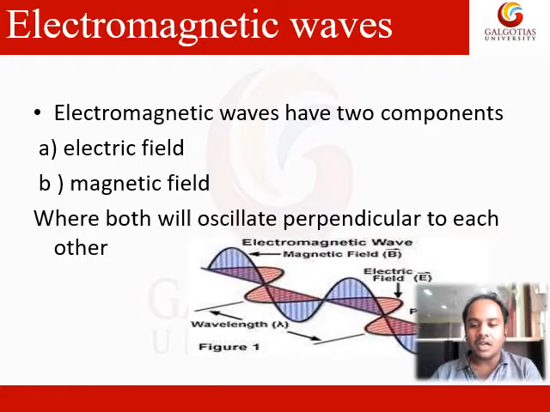When we understand light as an electromagnetic wave, we tend to understand it in two different components inside it. One is the electric field, the other one is the magnetic field. We have a video to understand how the two components, your electric field and magnetic field, are composed together to form an electromagnetic wave. So we'll be understanding that through a video.